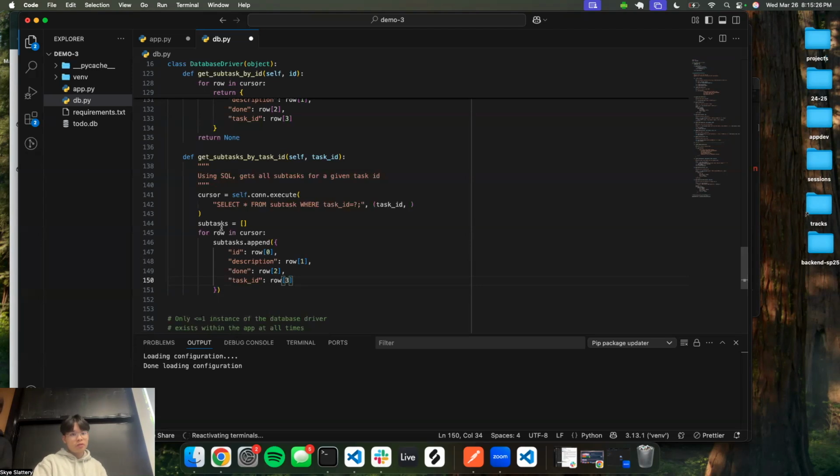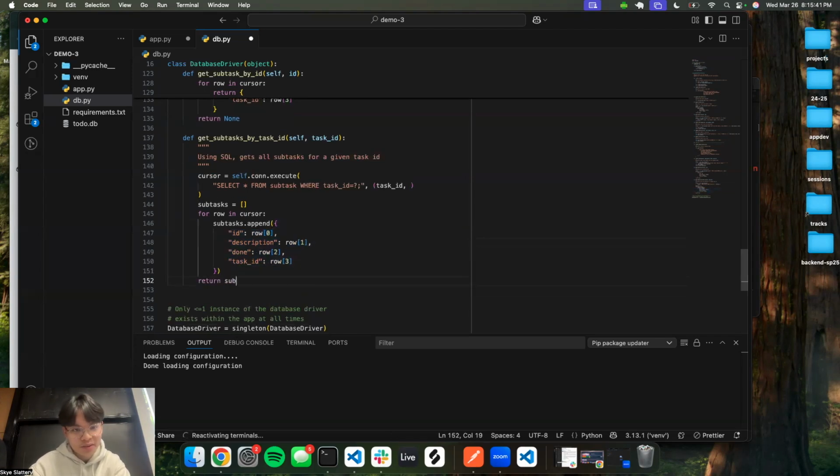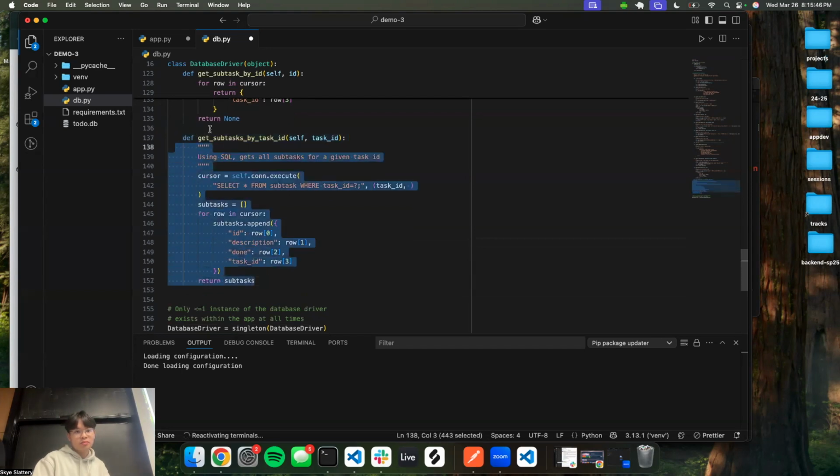So for every single row in the cursor, we'll be appending all the data, the ID, description, the done, and task, as a JSON object, see with the curly braces, into subtasks. So now subtasks has all our subtasks. And then we're just going to return it. So return subtasks. So what this function does is it will get all the subtasks after we give it